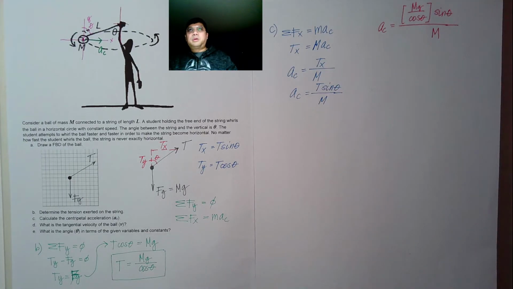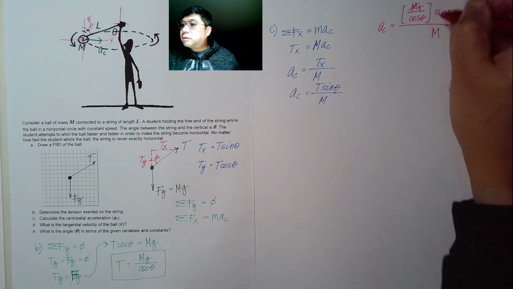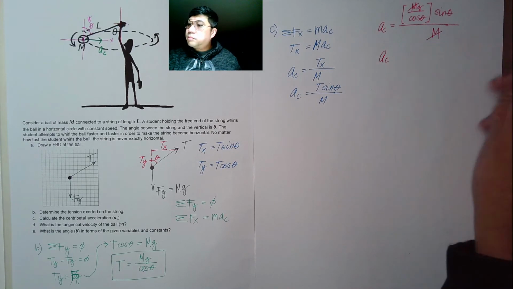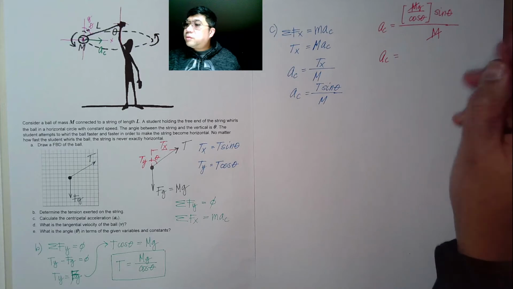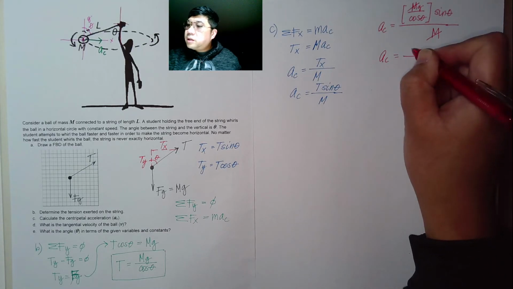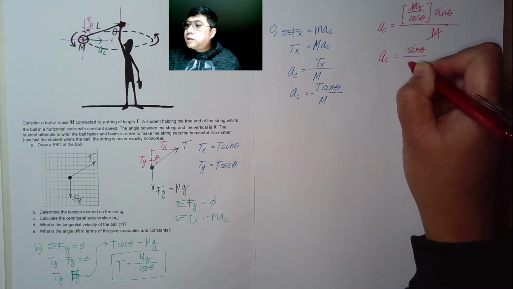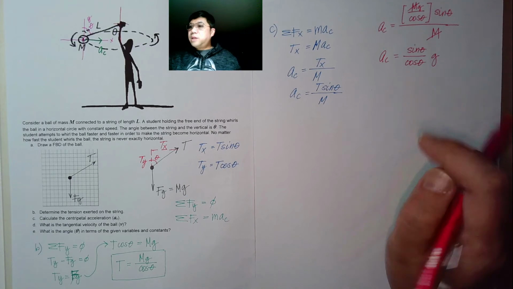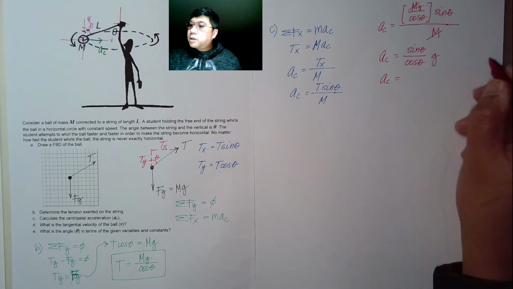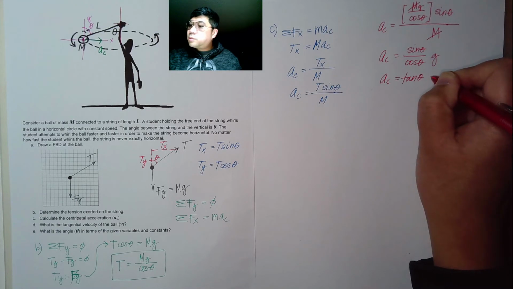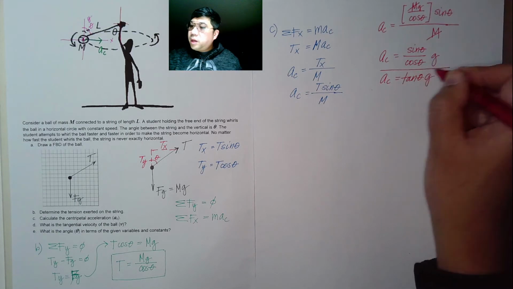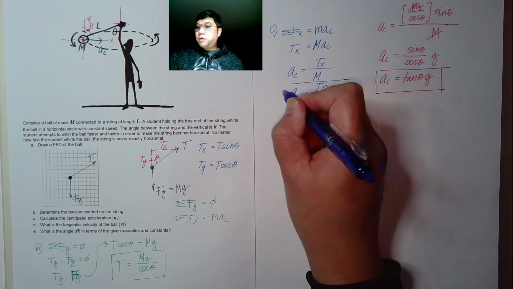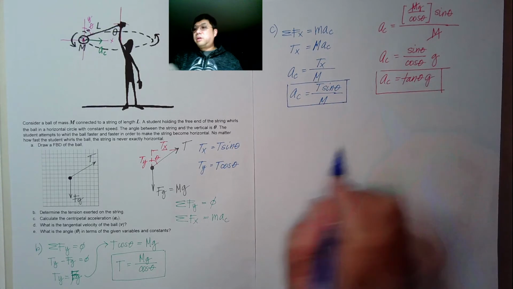Right away, we know what's going to happen. Our m will cancel out, and sine over cosine, so we can have this value over here, which is sine theta over cosine theta times g. And sine theta over cosine theta is simply our tangent function times g. So it's either you have this equation or this value for our centripetal acceleration based on given information in our